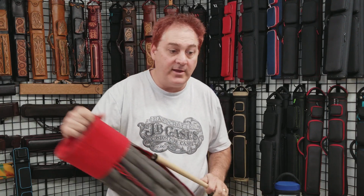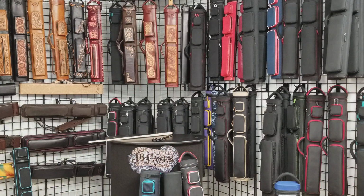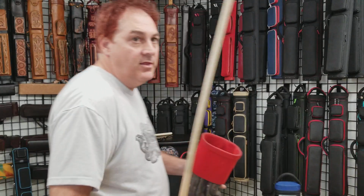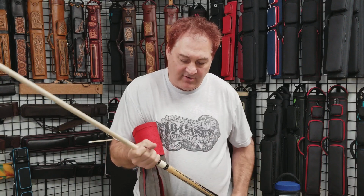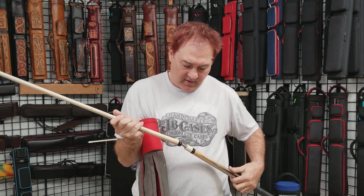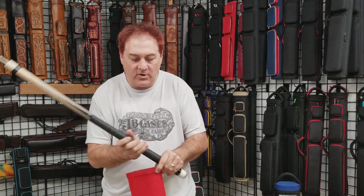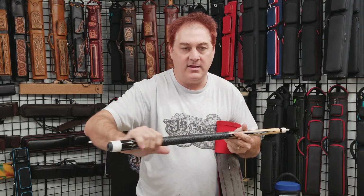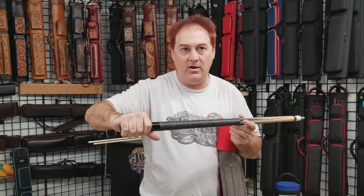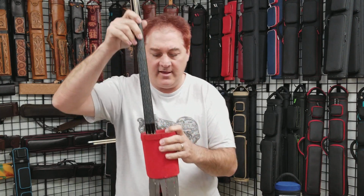Okay, there's really not. And then if we go to the butt section, same thing applies here. Let me find a butt that we can use and show you. The same thing applies on the butt section. Now, we talked about dirt and grime. Obviously if the butt of your cue is dirty, like you've been sweating a lot and you got a lot of dirt collected here, whatever the reason, obviously if you put that in here like this, then